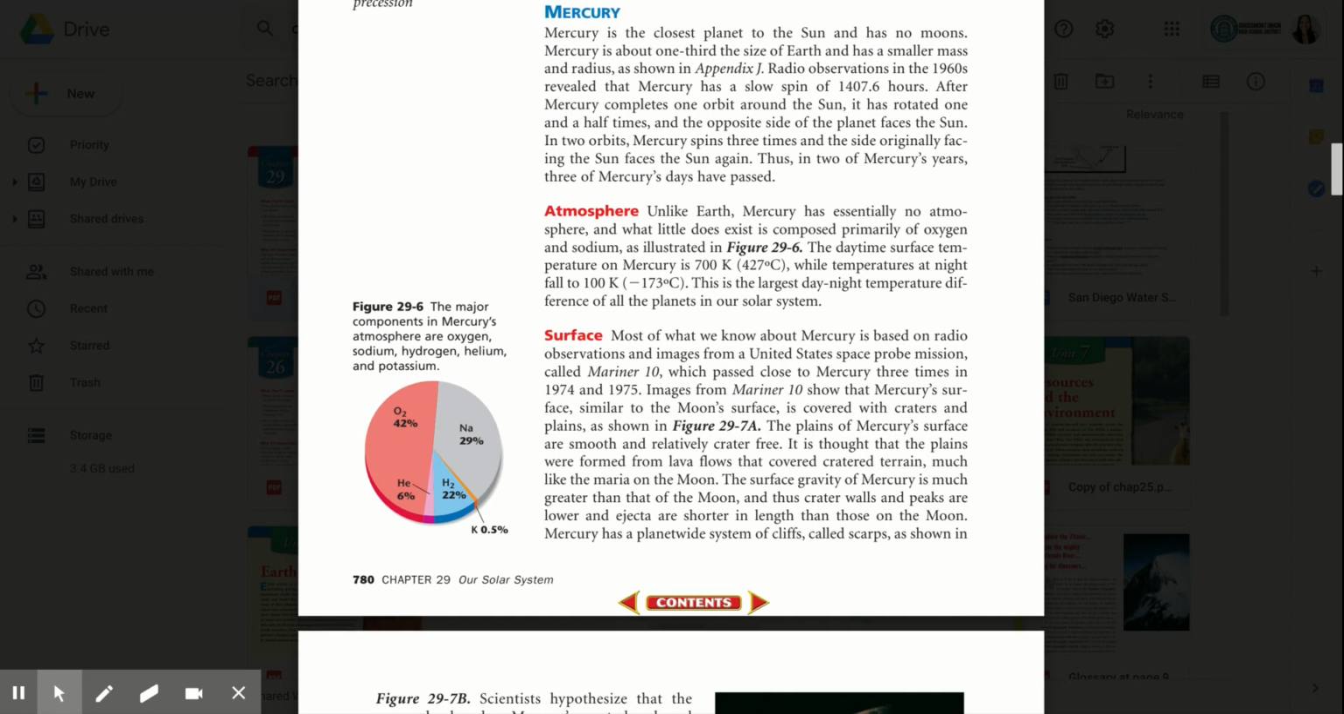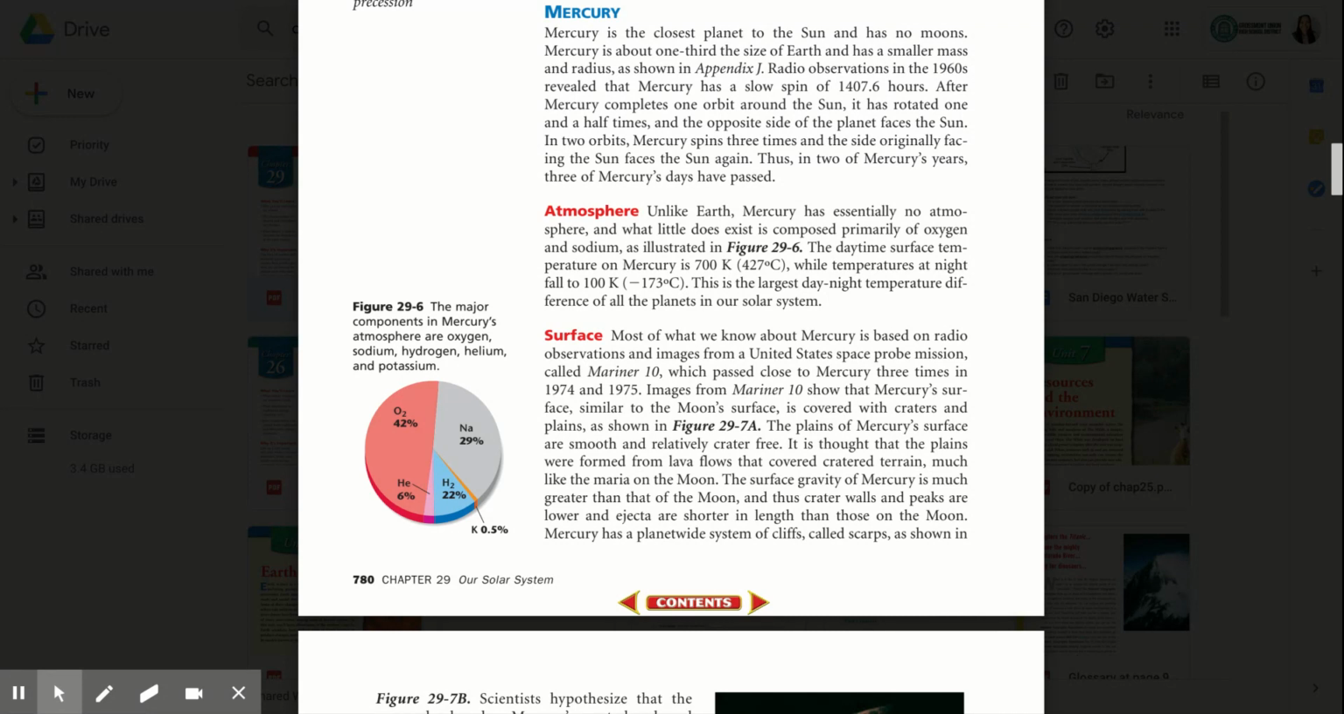Mercury. Mercury is the closest planet to the Sun and has no moons. Mercury is about 1/3 the size of Earth and has a smaller mass and radius, as shown in Appendix J. Radio observations in the 1960s revealed that Mercury has a slow spin of 1,407.6 hours. After Mercury completes one orbit around the Sun, it has rotated 1.5 times, and the opposite side of the planet